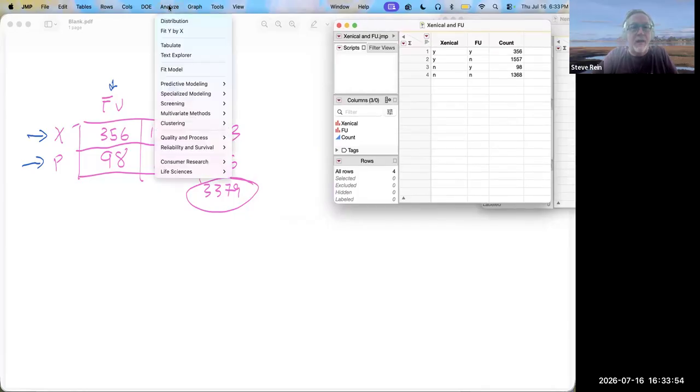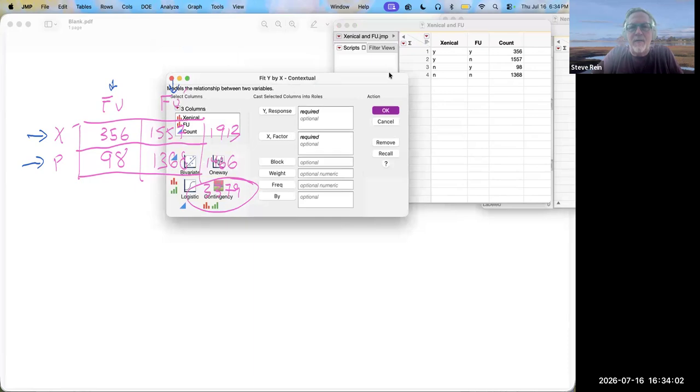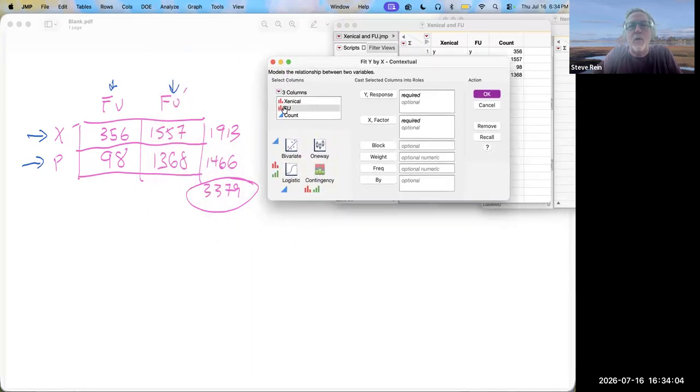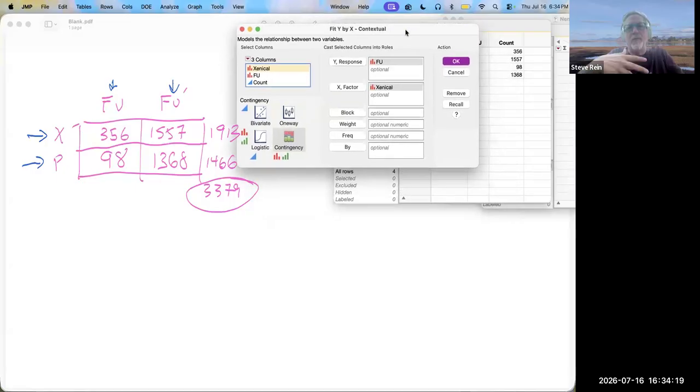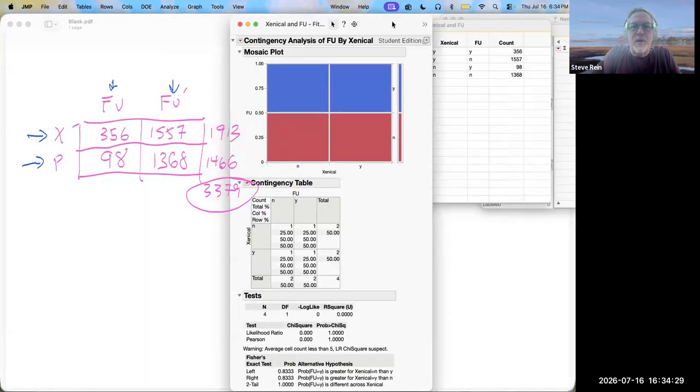Okay, so under analyze, I'm going to go with fit y by x because that's about what we do these days. And so I have to sort of tell you, what is the response? Well, experiencing the side effect or not may depend on whether you're taking the medication or not. So Xenical or not is your explanatory variable. The response is, do you experience the side effect? It's almost like we were creating a graph, like a scatter plot. You have the response and then the factor that may explain the response. Your results are,